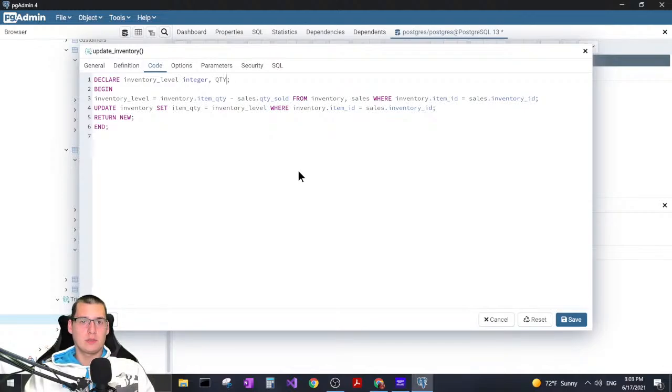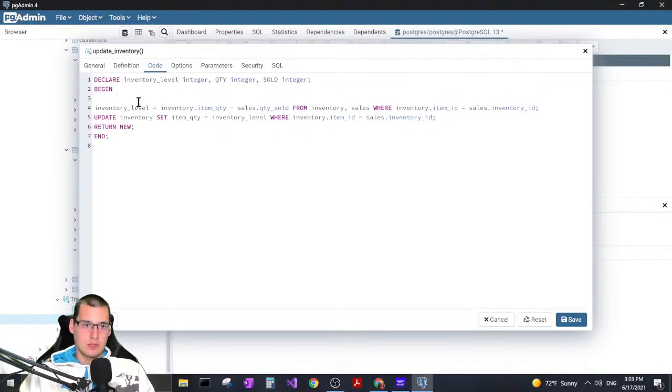Maybe I can just do quantity. It's also going to be an integer. And then also declare like sold, which is an integer. And then what I can do while defining inventory level is just put quantity is equal to select item underscore quantity from inventory where